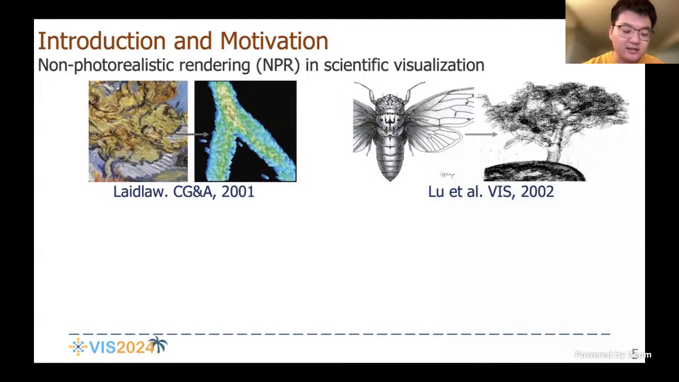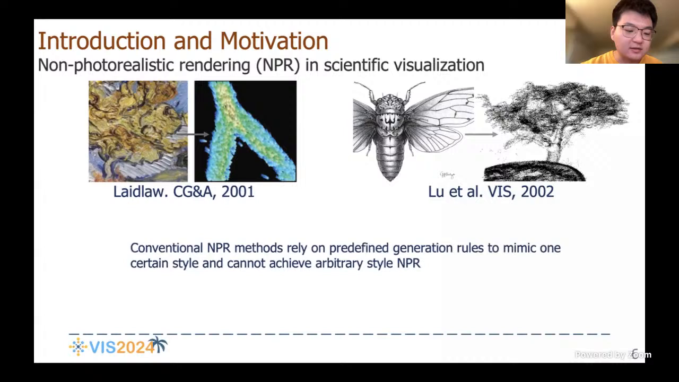In addition to TF, to further improve the expressiveness of scientific visualization, several works have tried to emerge artistic style in visualization through non-photorealistic rendering, or NPR. For example, Lilo attempted to mimic Van Gogh's oil painting to create a more compelling visualization, and Lu et al. developed an NPR method to generate a visualization with stable drawing styles to display information more effectively. However, conventional NPR methods rely on predefined generation rules to mimic one certain style and can't achieve arbitrary style